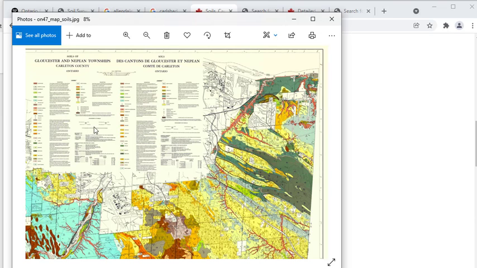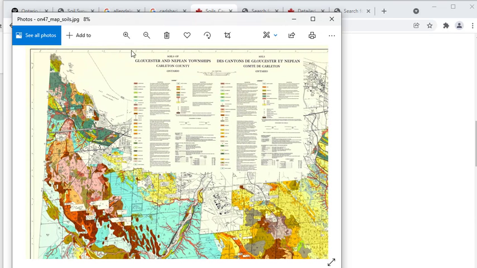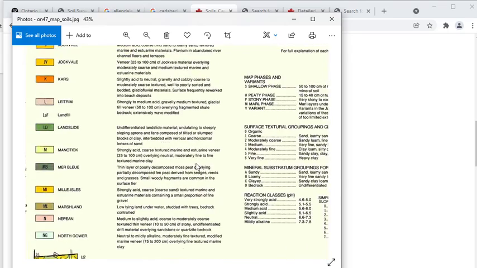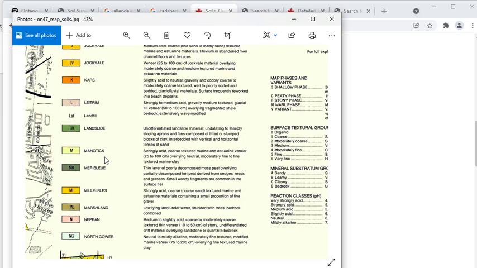So if you go in here and look at what M is, it's Manotick, again a name that specifies a location in Ottawa County. The description of it is here. It's supposedly strongly acidic and it's marine clay. Yeah, fine textured marine clay.